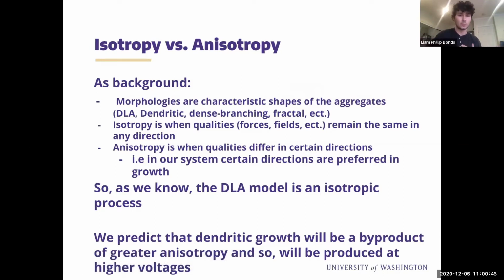Anisotropy is the idea that going in specific directions, you have different characteristics. Think about the grain of wood: going with the grain is easier to cut than going against the grain. What the paper we're referring to here claims is that the transition between these diffusion limited aggregation models and more dendritic models is that there's